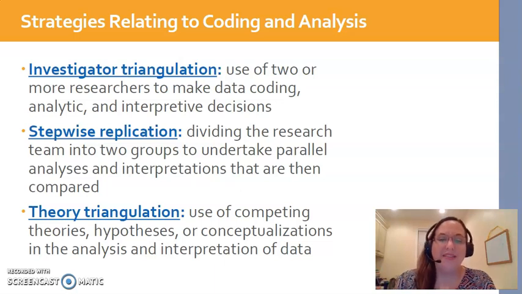So in the methods section, when they're talking about their data analysis plan, they should specifically talk about which researchers were involved in analysis. A lot of times you'll see that they say researchers 1 and 2 did the data analysis. If there were any disagreements with coding, then a third researcher came in and helped them make a final decision. And that's best case scenario. That's what you should see in research studies.